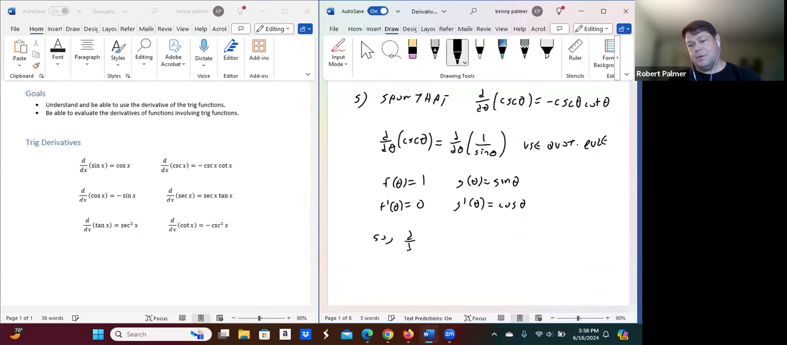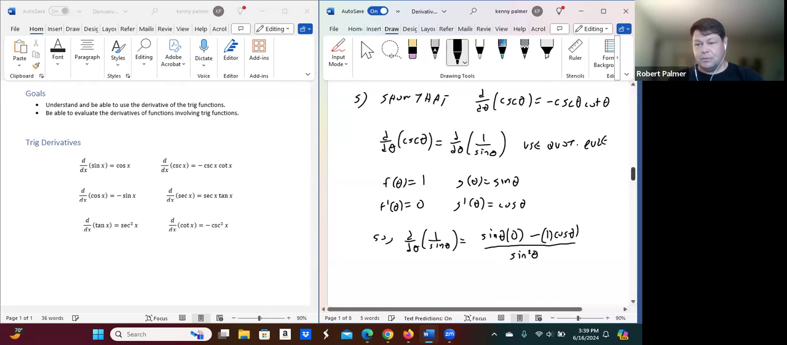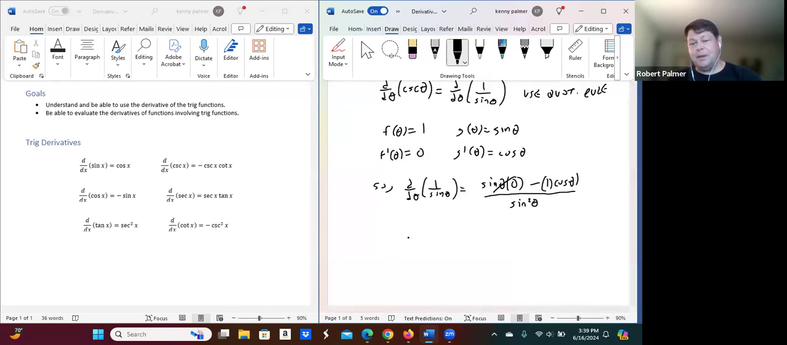So the derivative with respect to theta of 1 over sine of theta is going to be the denominator function sine of theta times the derivative of f, which is going to be 0, minus f of theta, which is 1, times the derivative of the denominator function, which is cosine of theta. And of course, that's going to be over sine of theta squared. Now of course, this is times 0, that goes away. So what we have is negative cosine of theta over